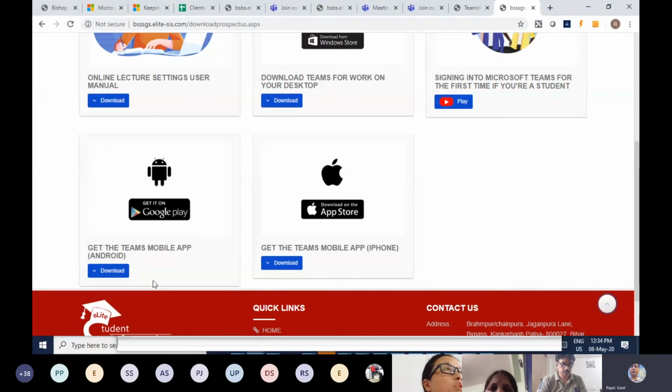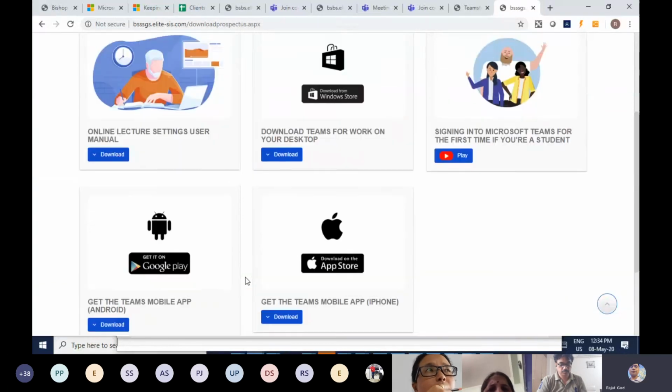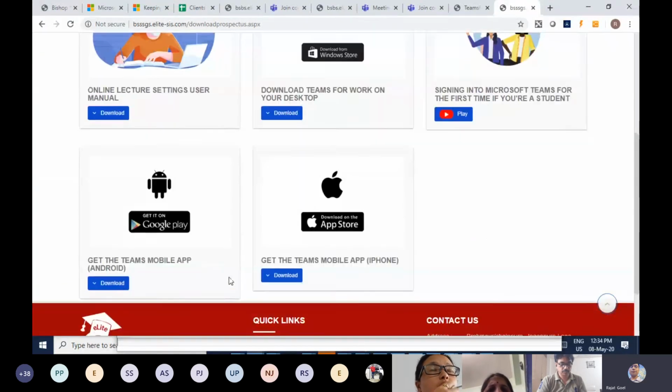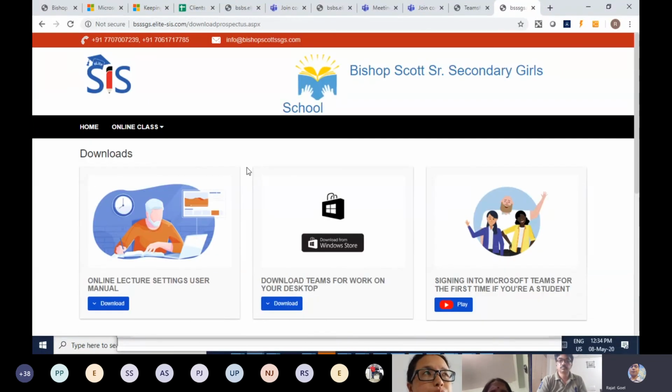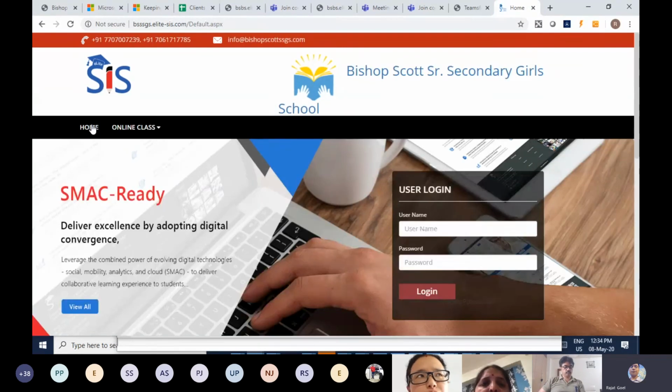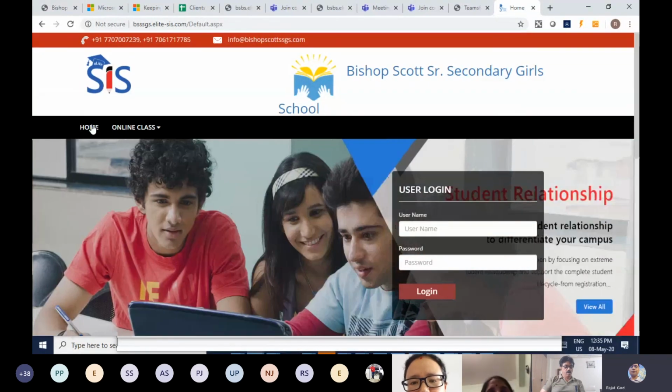Again, the direct download links are given here. So if you open this website on your phone, you can directly click here and your app will start to download. This way we have tried to facilitate things on your portal only, so that there is less hassle created among the parents and the teachers.